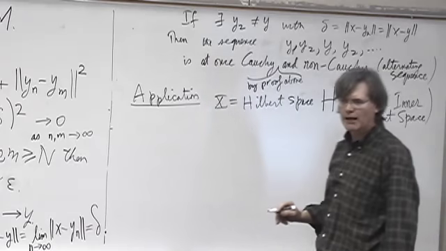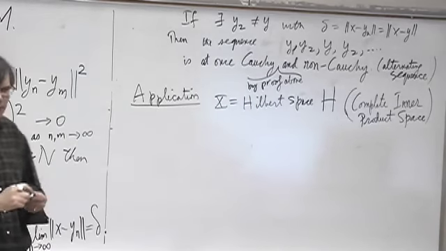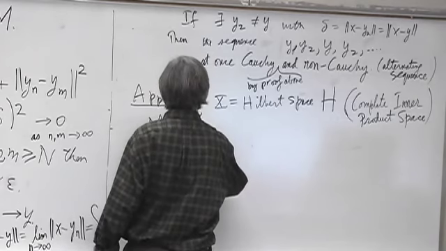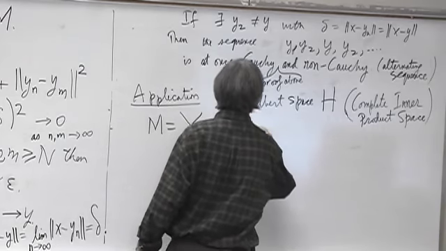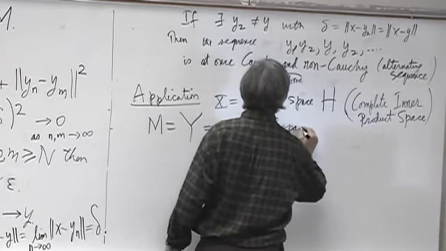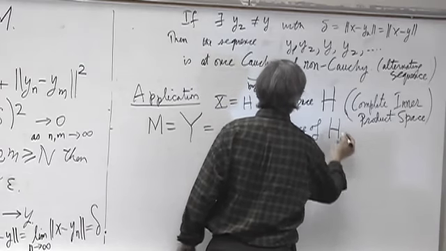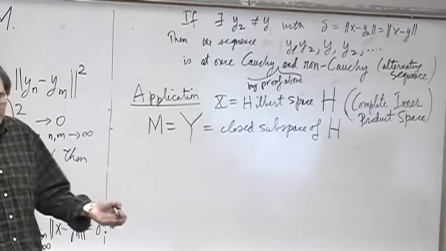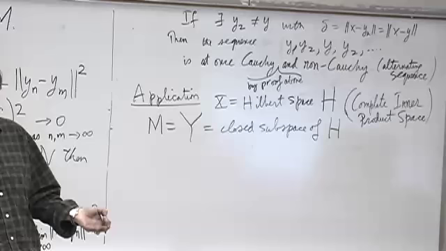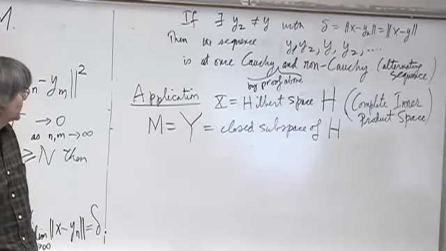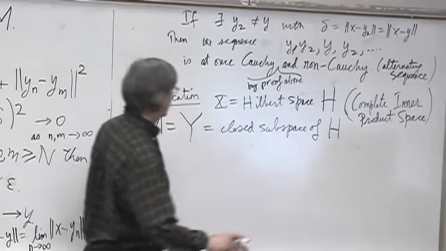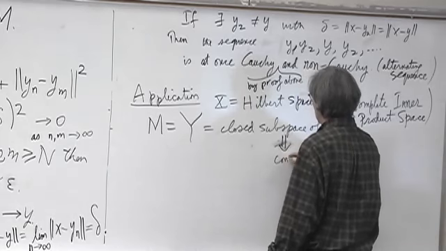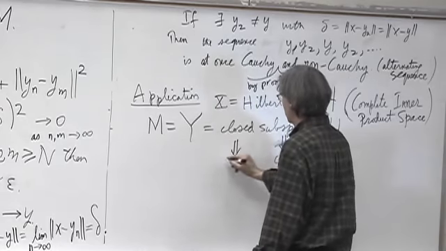Okay, and then what should I take? I'm going to take simply a closed subspace, M equals Y equals a closed subspace of H. Any subspace is automatically convex. By taking a closed one, I'll have a complete metric space because H itself is complete. So subspace gives convex. Closed gives complete